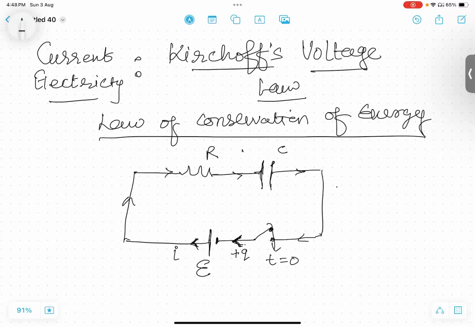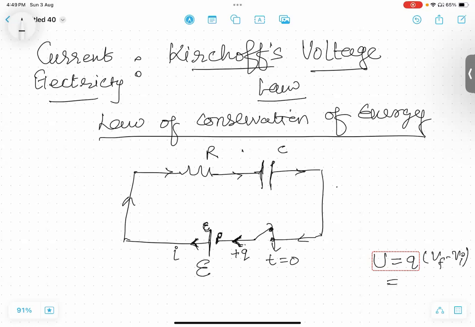In this battery, this is the lower potential plate, and I am assuming this lower potential is 0 and the higher potential is E, so that the potential difference provided by the battery, it is an ideal battery, is E. Now when the charge goes from lower potential to higher potential, it will gain some energy. How much energy will it gain? The energy it will gain will be equal to Q into potential difference,